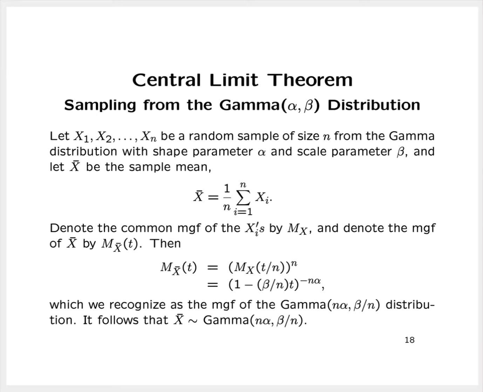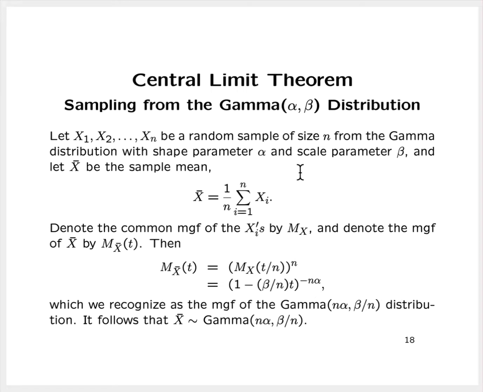In this lecture video, we're going to be looking at applications of the central limit theorem. In the first example, we're going to be looking at the gamma distribution. So let x1, x2, and so forth up to x sub n be a random sample of size n from the gamma distribution with parameters alpha and beta, and let x bar be the mean of the sample, so that